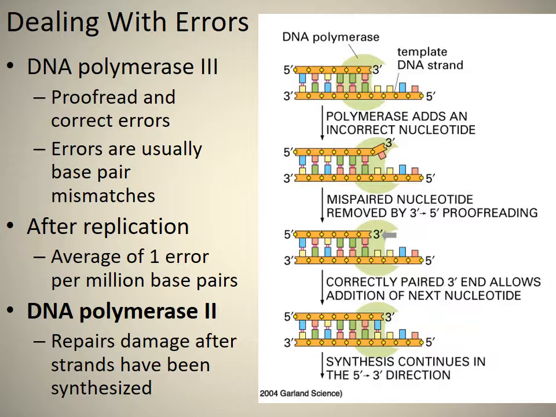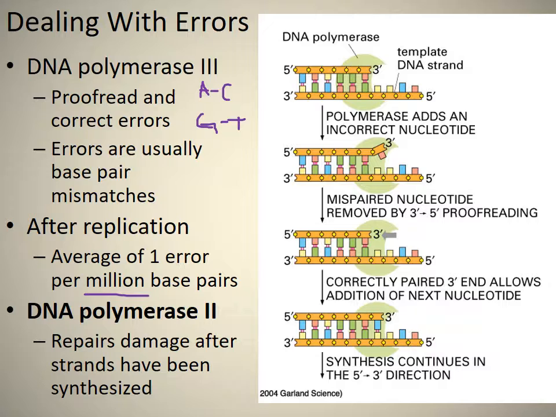Again, there are some issues here with dealing with errors. As DNA is replicated, there might be a mistake, where we can see A pairing with C, sorry, or we can see G pairing with T. This occurs very fast, so errors can occur. There are about 1 million errors that occur during the replication of DNA. So it's up to the cell's enzymes to discover these errors and make the correct